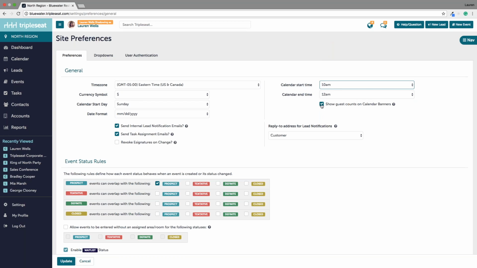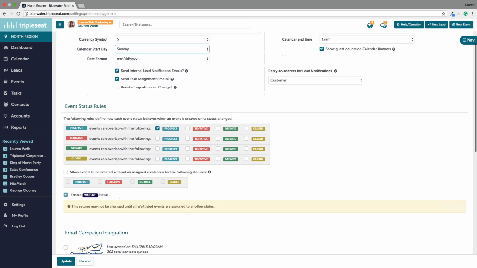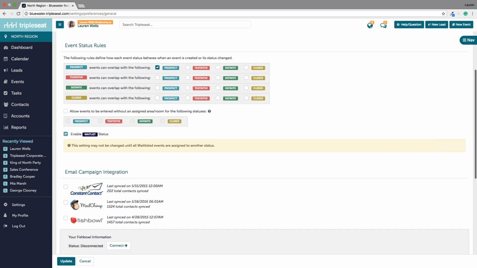You can also set up if you want to show guest counts on your events on the calendar. Calendar start date is another great tool. You know, I like a Sunday start date. And then we've also got your integrations